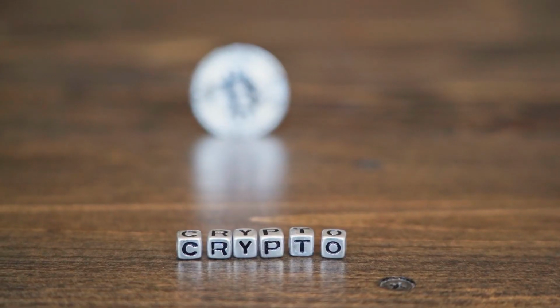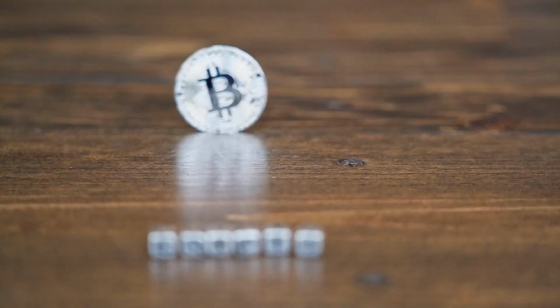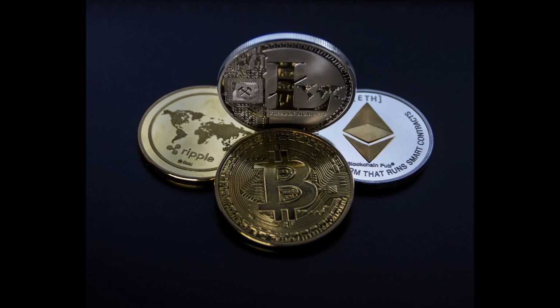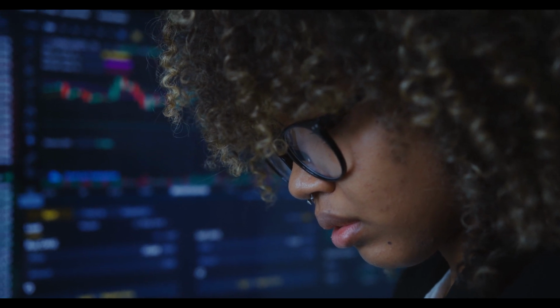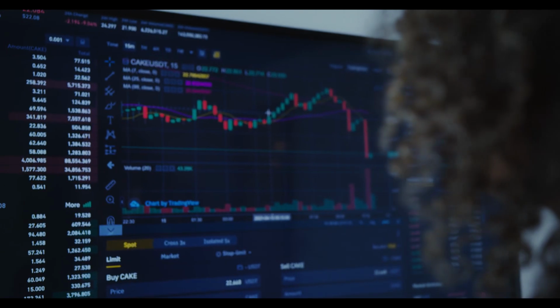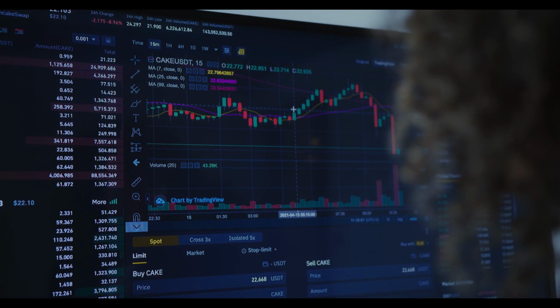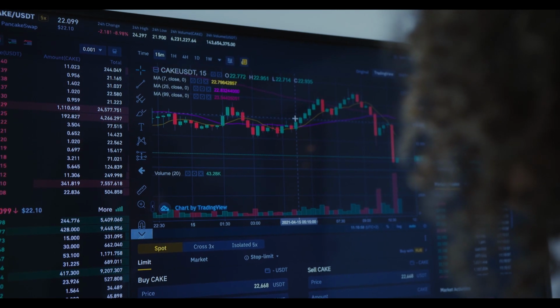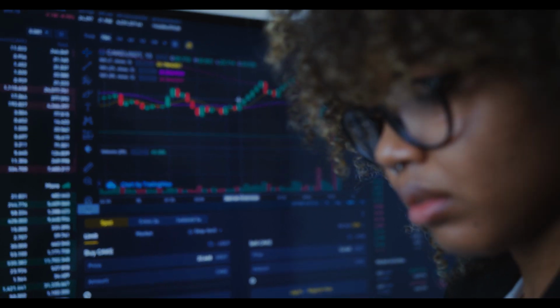Bitcoin uses a decentralized system to verify transactions, and new coins are created through a process called mining, which involves using powerful computers to solve complex mathematical equations. Other digital currencies have emerged in recent years, including Ethereum, Litecoin, and Ripple. Each digital currency has its unique features and uses, but they all share the common characteristic of being decentralized and